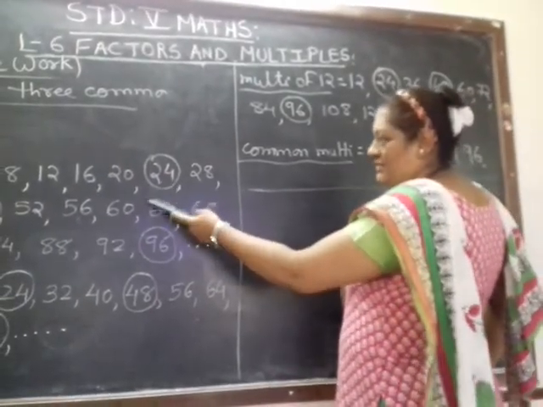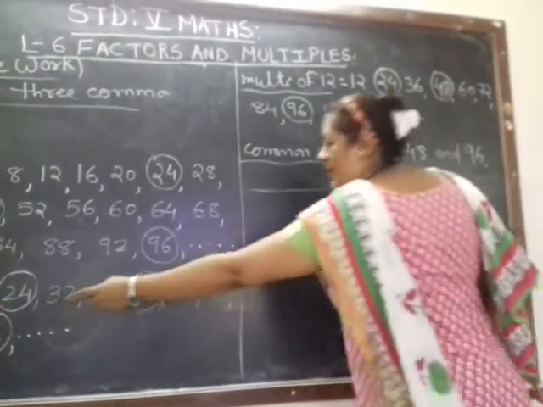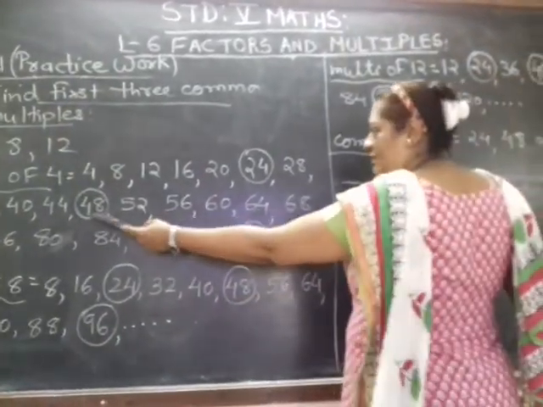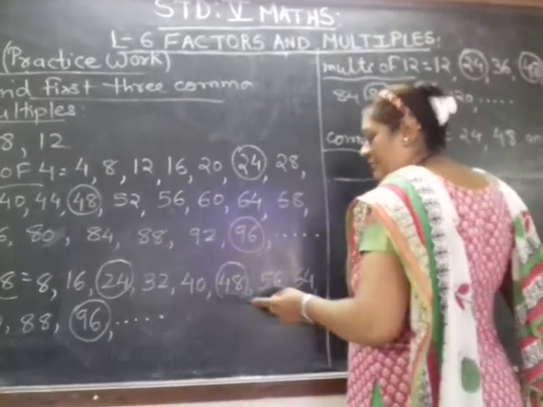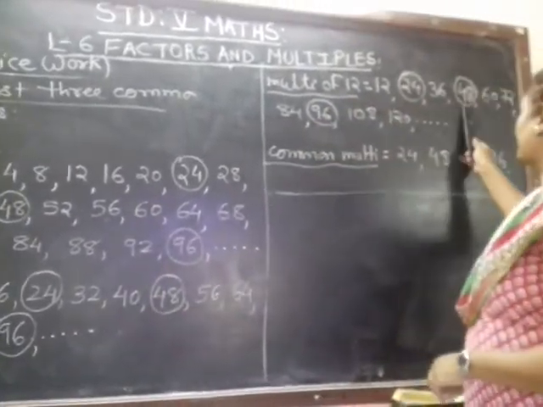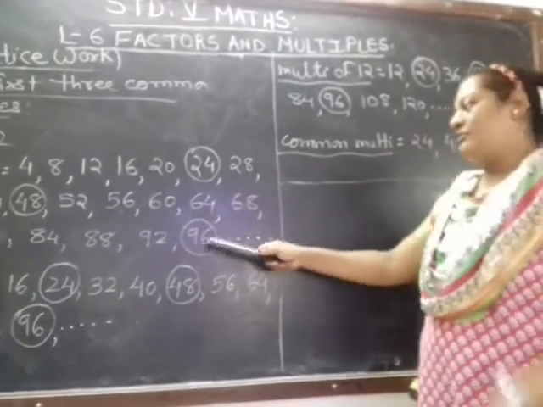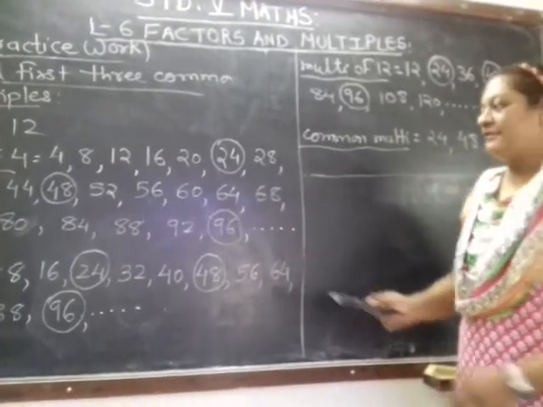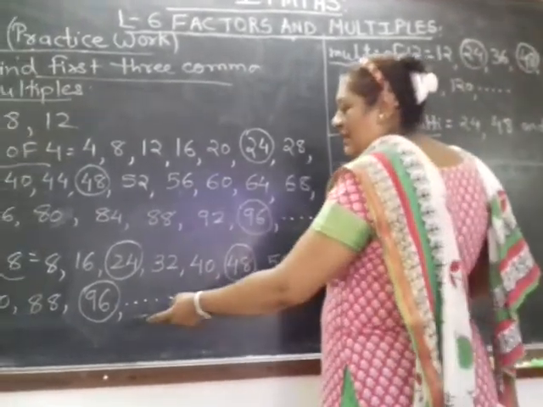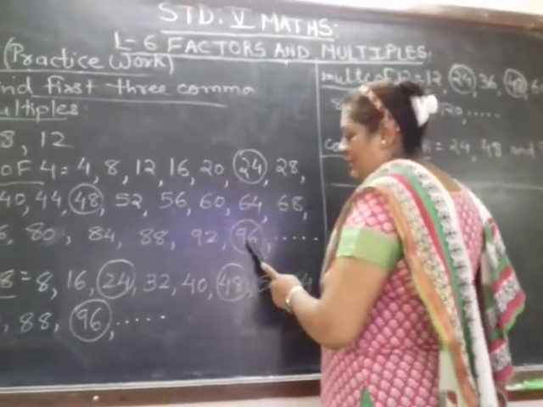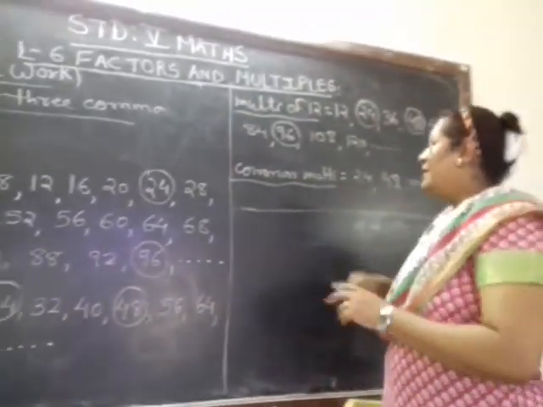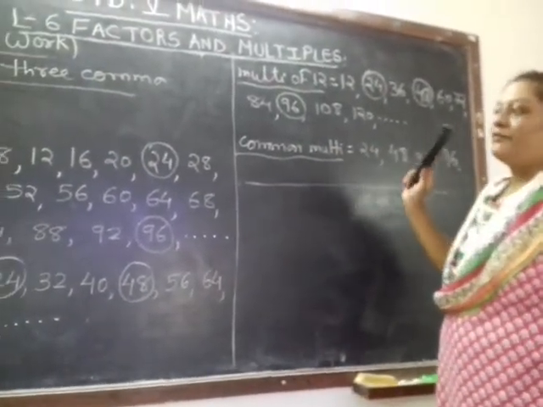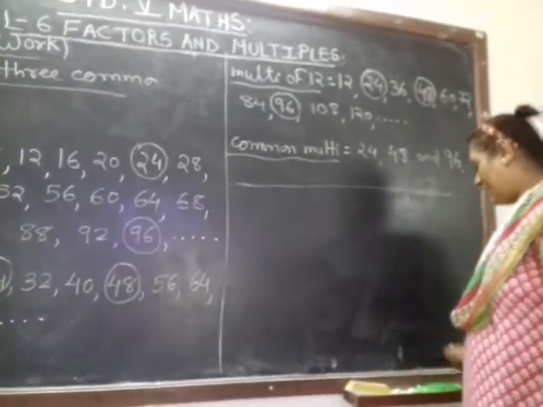So first is 24 present in multiple of 4, multiple of 8 and multiple of 12. Second common multiple is 48 in the multiple of 4, 48 in multiples of 8 and 48 in multiples of 12. And for the third, for which I have to go till here, 24 4s are, that is 96, is the third common multiple for which I have to extend my table in 4 and 8. So 96 in the multiple of 4, 96 in the multiple of 8 and 96 in the multiple of 12. So first 3 common multiples of 4, 8 and 12 are 24, 48 and 96.